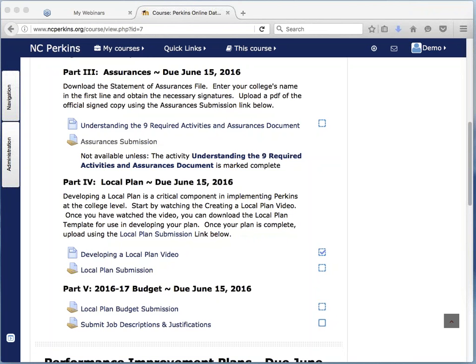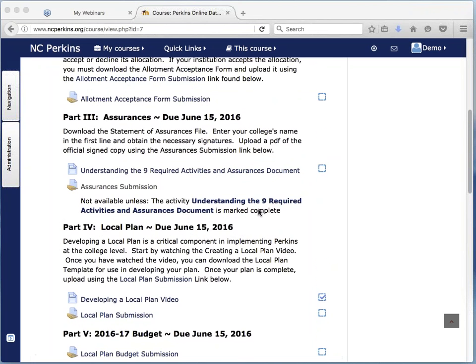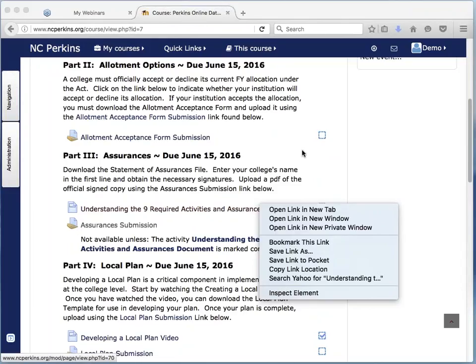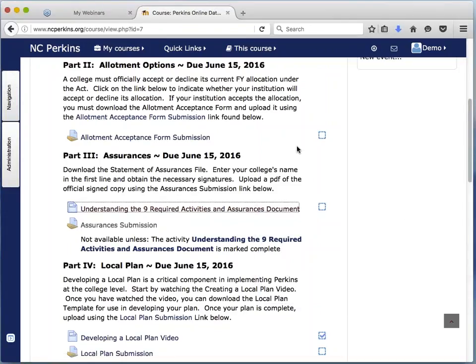So this is our Perkins Online Data System. It's pretty straightforward. If you ever have any questions, like I said, myself, Ashley, and Tony can try to assist you. If you are not sure what your college's login is, please let Ashley know. For those of you who are brand new, she can hook you up with that. And just remember, it is the college account that you use for this particular purpose. There will be training later on throughout the year, and everybody has a personal account also, but your local plan is used with the college account that you have here.